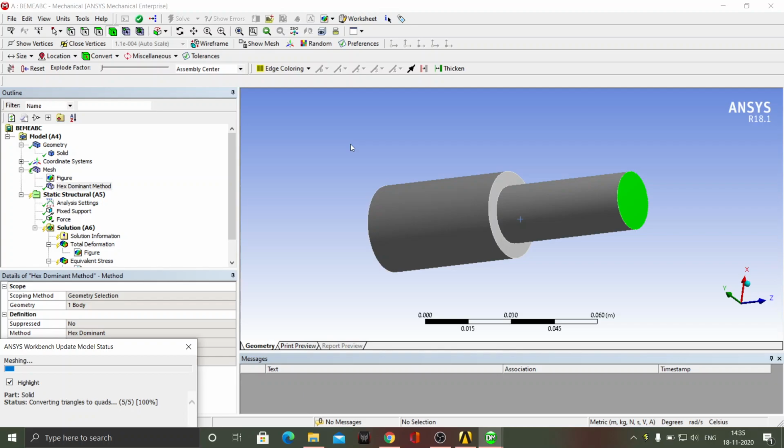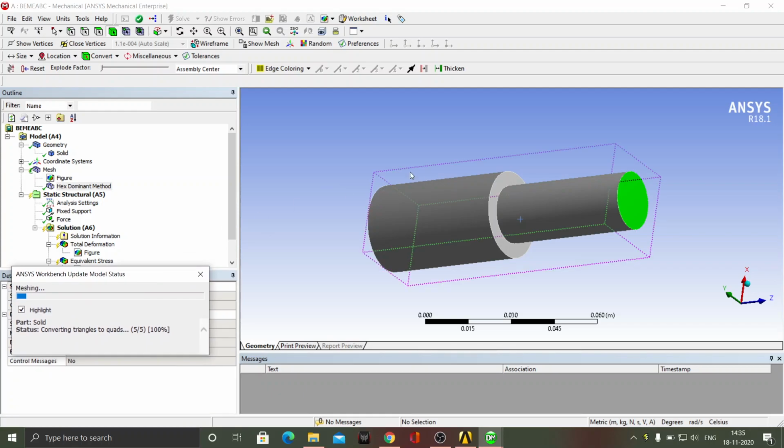So it will take a little while depending on the capacity of your computer, and it will generate a mesh.